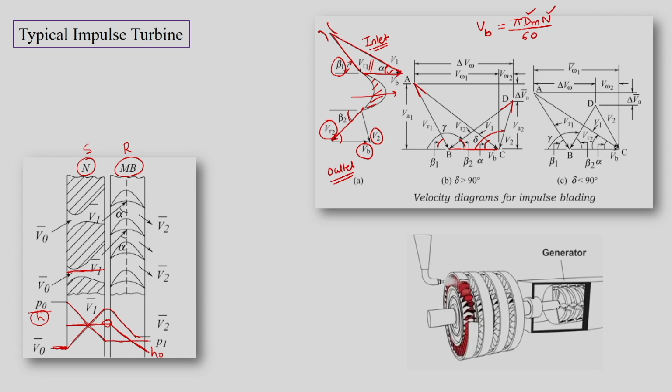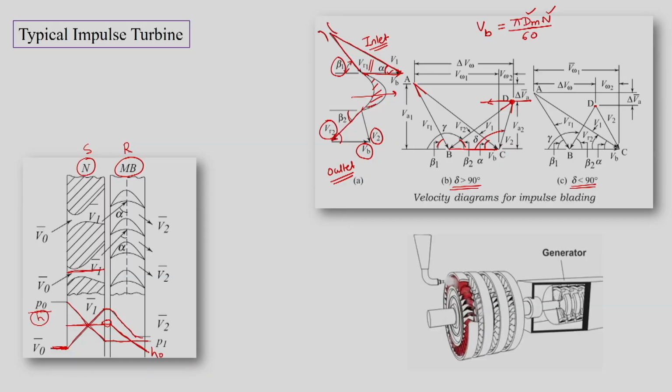This absolute velocity is going with an angle delta which is more than 90 degree, or maybe an angle which is less than 90 degree. So accordingly this point will laterally move somewhere. If it is less than 90, then it will come inside, or if it is much more than 90, then it will go on that side. So this is one more demonstration where V2 is making an angle which is less than 90. Rest of the things are similar.